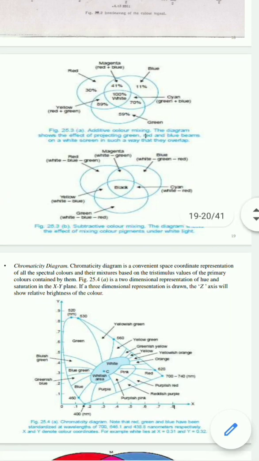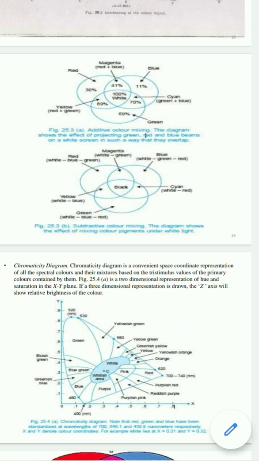Hello everyone, here we will see about additive mixing and subtractive mixing. You can see the diagram here. First one is additive color mixing. It means what? Here we know about primary and secondary colors. So red, green, blue, these we are taking as primary colors and we are supposed to mix these colors. So you will get magenta, cyan and yellow. These we will get, and these colors we can say as